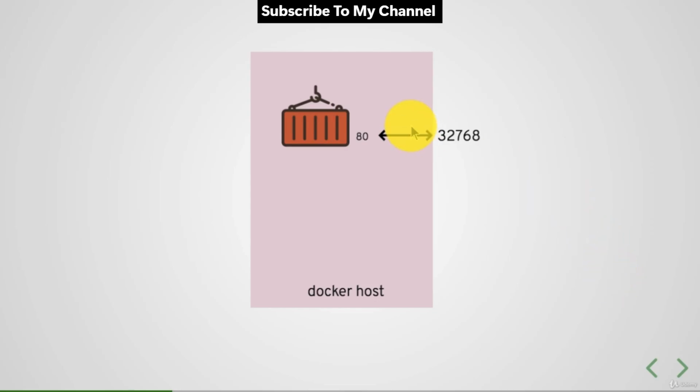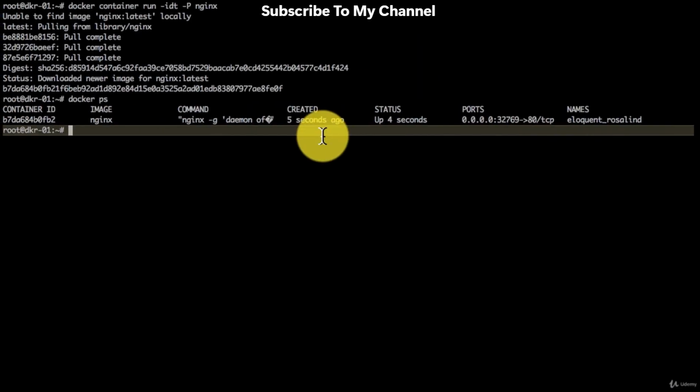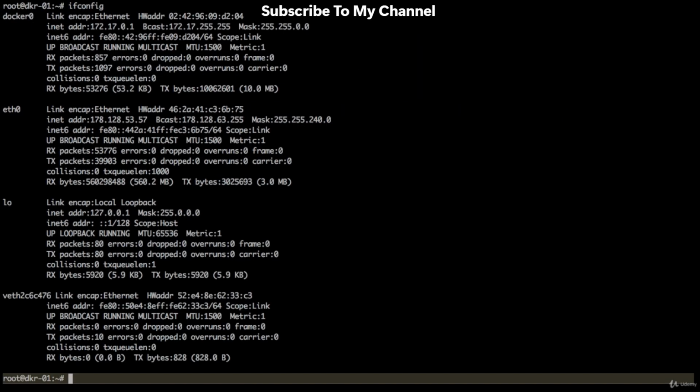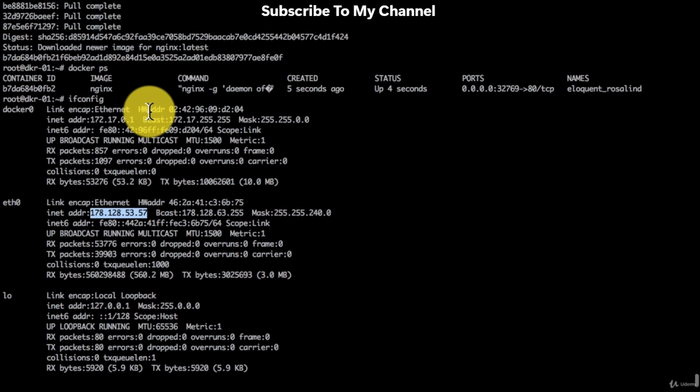But if I want to access it from outside, either using a browser or even my laptop where I'm running a container inside a VM, I can reach out to that VM or the Docker host, but not to the container. To access that, you have to map that port, and that's what has happened here. So that 32768 or 32769 is the port that Docker has picked up automatically. Docker has some default mechanism. So when I use capital P, it automatically knows, it reads the port from my image, and it has pointed